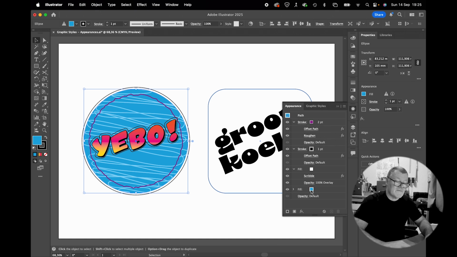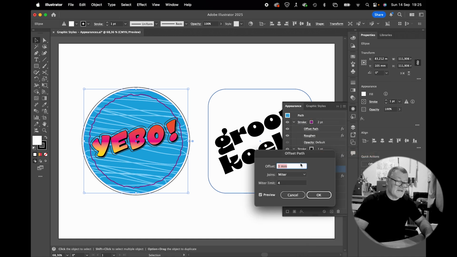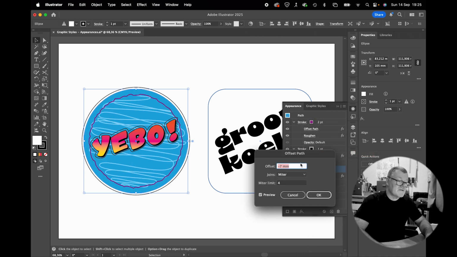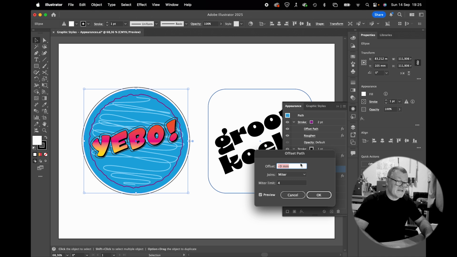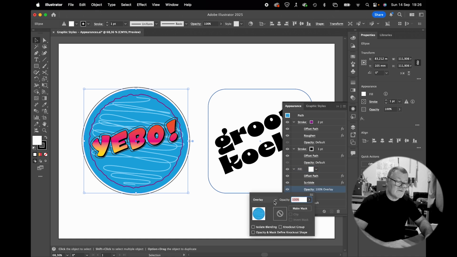And then back here to offset, wait, where is it? It's over here. Here's my scribble. I'm going to also apply an offset path and just bring it down a bit. So it's inside that area there. I also think this blending mode may actually not be a good option. So let's try, instead of overlay,